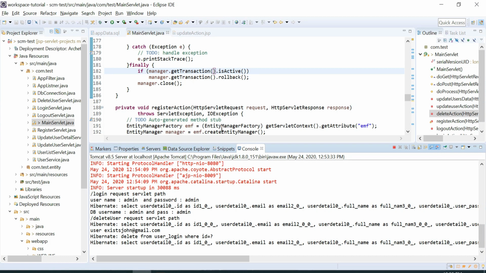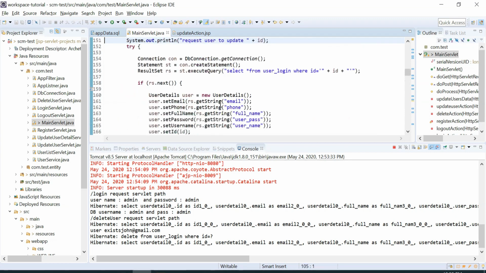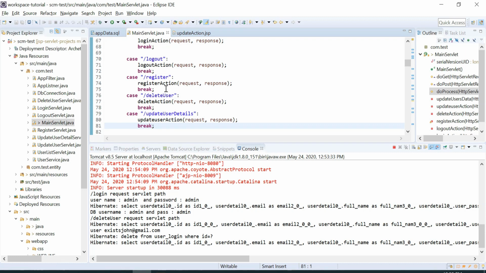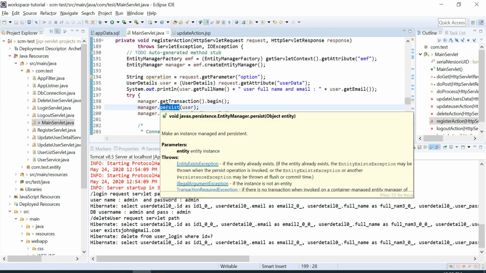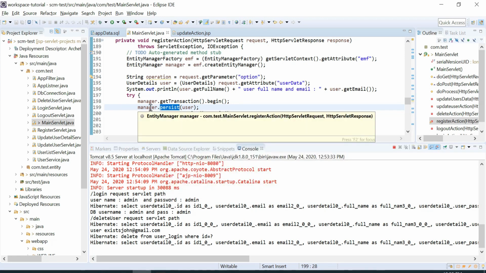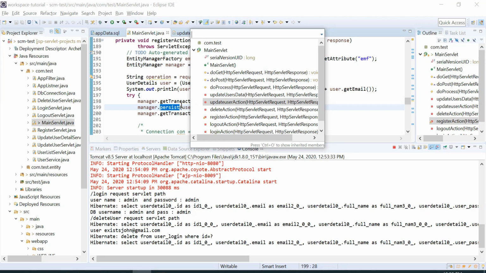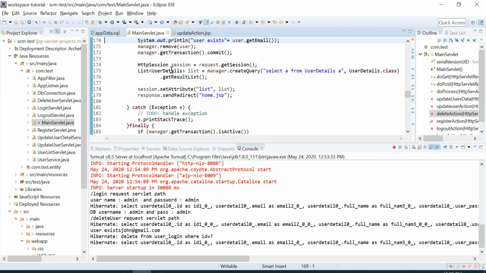Now you can say that we covered all the methods related to the CRUD operations. Let's create the user. In the registration method, we did the create with the persistence method. Then after that, we did find, update, and delete.